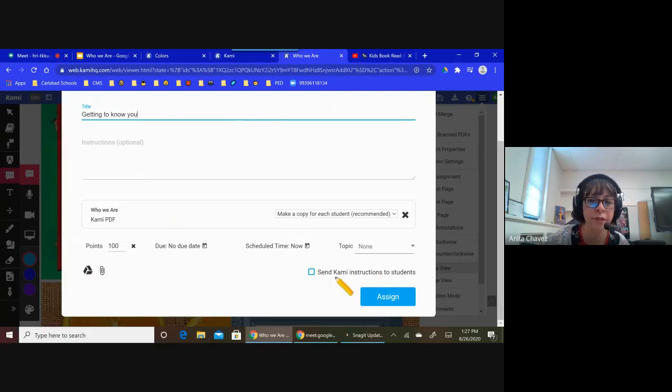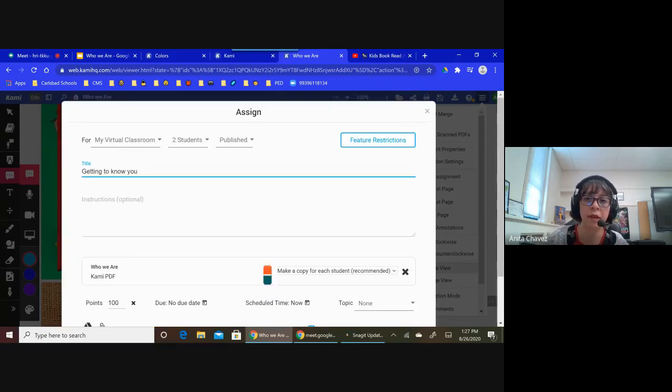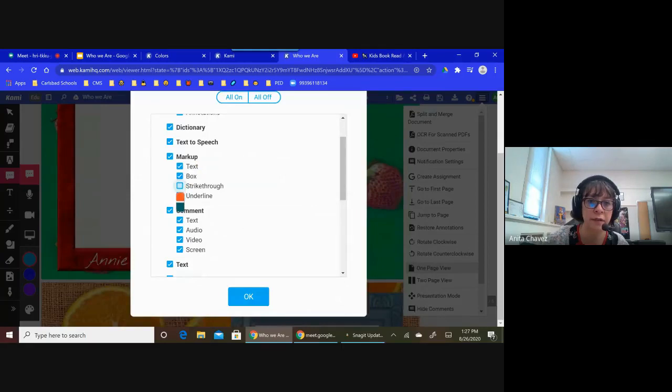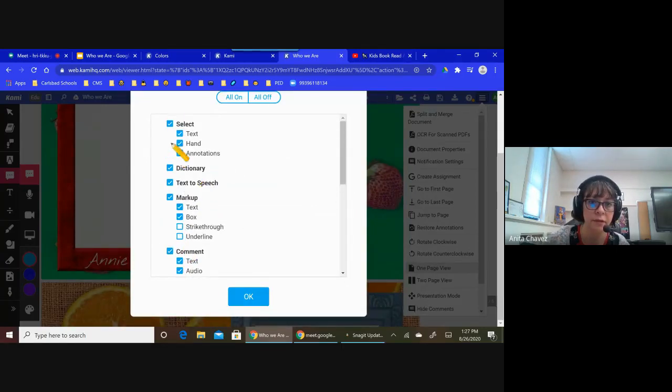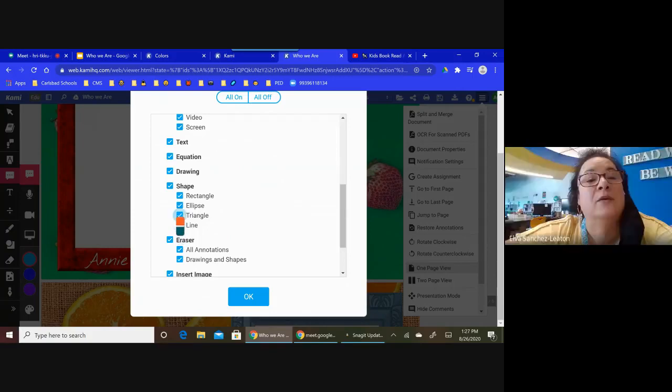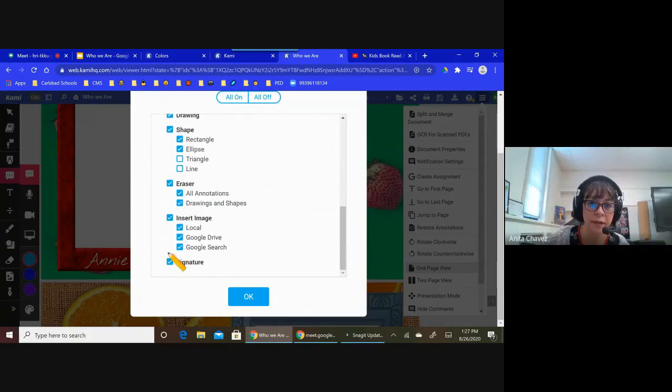For the younger students, I wouldn't send the instructions. They're really confusing, and they go through a lot of steps that are unnecessary, like adding Cameo to the Chromebook, and we don't need that part anymore. With the little ones, I would go ahead and restrict a lot of these tools, because they probably don't need those yet.